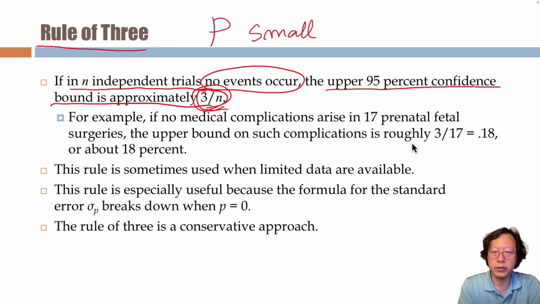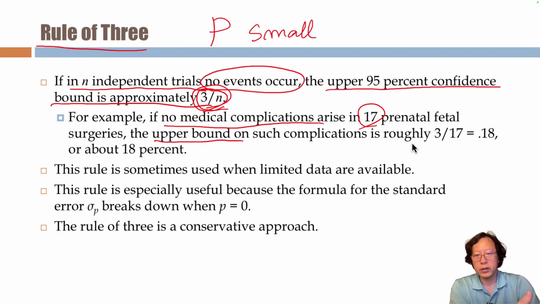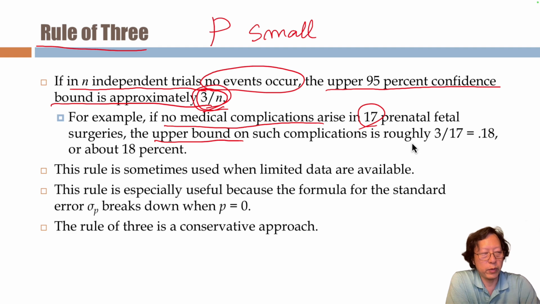For example, if no medical complication arises in 17 surgeries, I don't know what p or what pi will be, because I don't see any medical complication in 17 trials. Maybe it is 1% or a very small chance to happen, but I cannot observe anything, so how can I estimate it? I don't know what p or pi is, but the upper bound